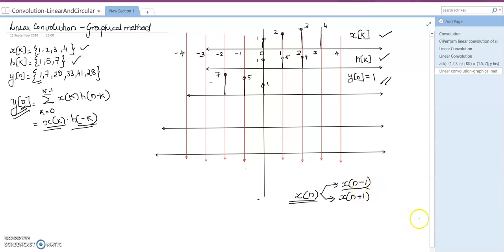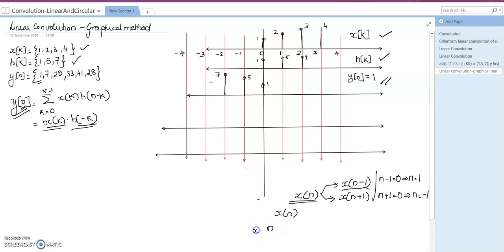So, in order to understand that, I think we can follow an analogy like this. If it is n minus 1 over here, we equate it to 0. So, n becomes 1, which means it has shifted to right. Now here n plus 1, if we equate it to 0, n becomes equal to minus 1. So which means you can treat it as x. So ultimately my point is, for x of n